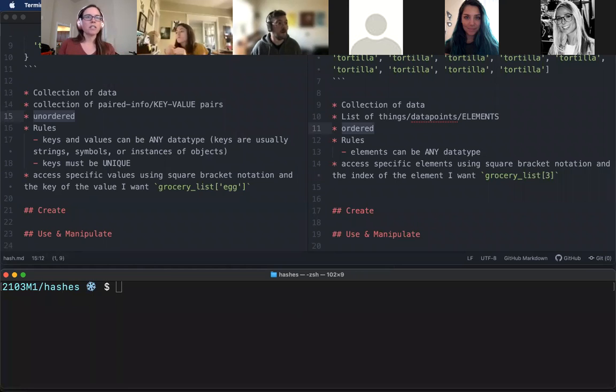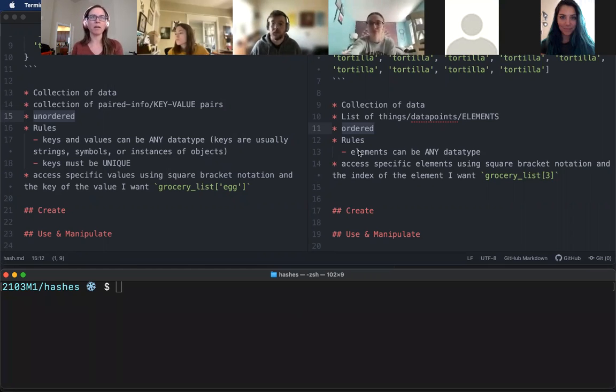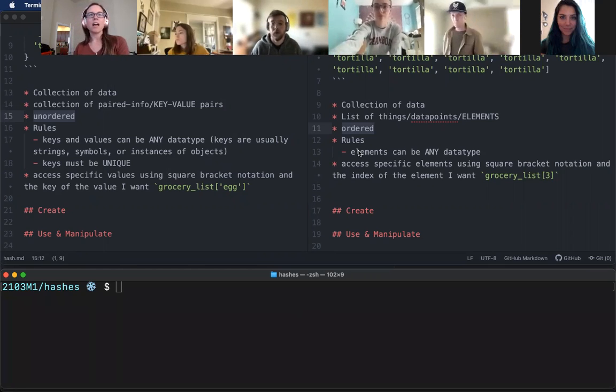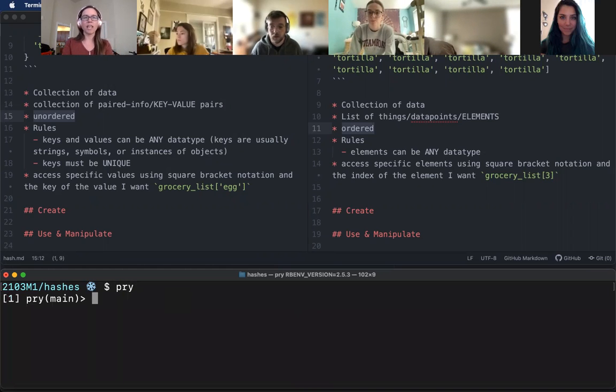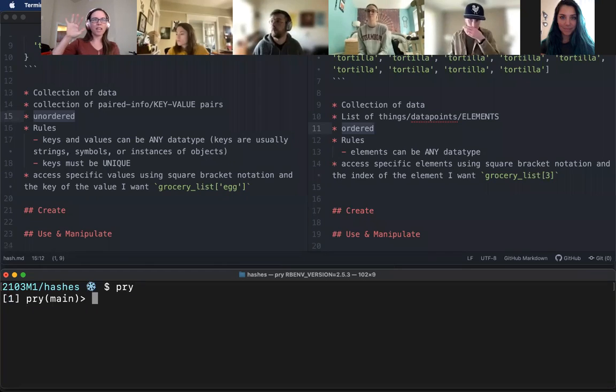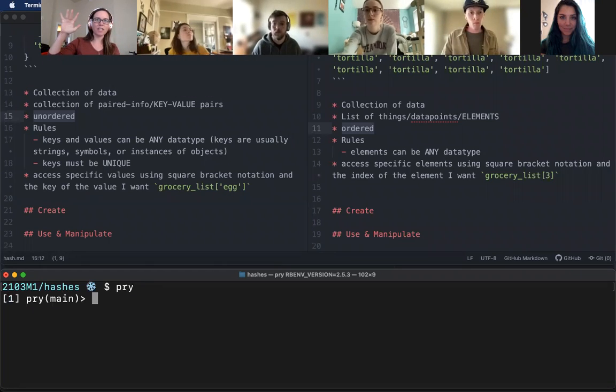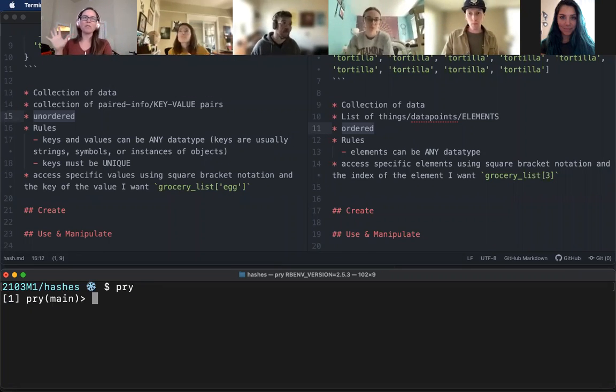All right. So before the break, we talked about some basics of defining hashes and arrays and the differences between the two. So let's jump into some code and start playing around with these two things. The first thing I want to talk about is how we actually create these two different types of collections. So I'd love to see with your physical fingers,